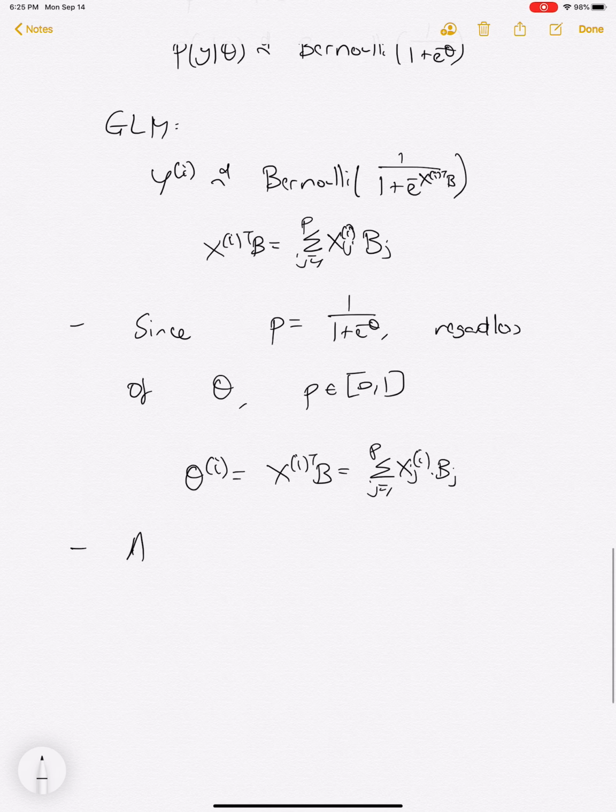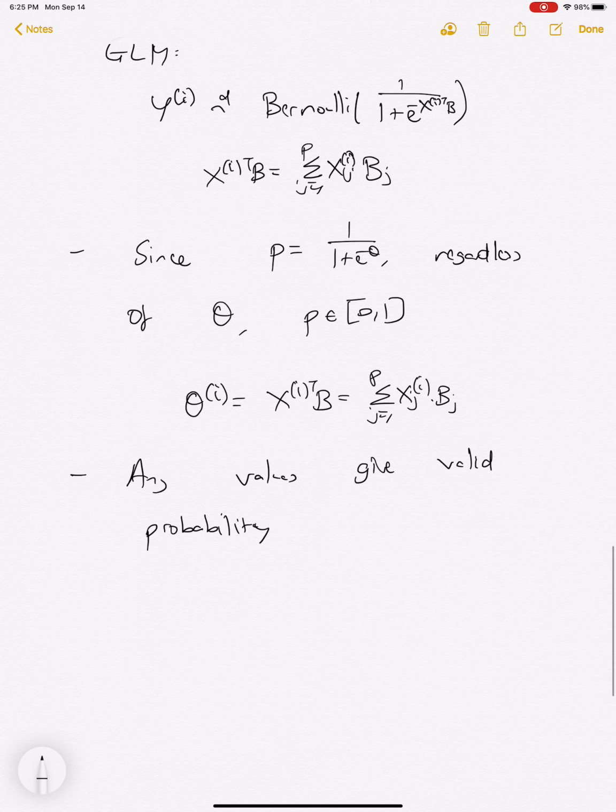So any values give valid probability. And so this is kind of why we went to all that trouble of introducing these exponential families, or one of the reasons why we went into all that trouble of introducing these exponential families, because they give us this very general set of distributions, and you now sort of don't have to worry about making sure that your x's and betas lie in a specific range. And